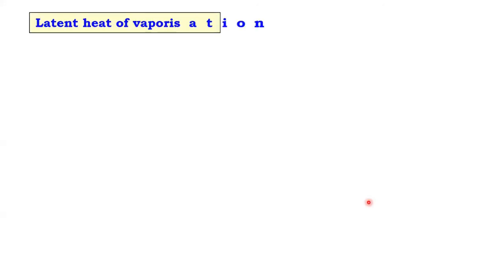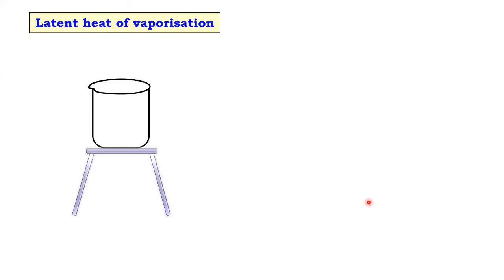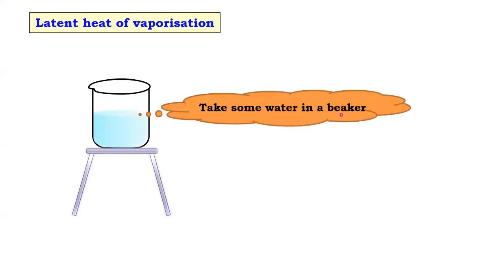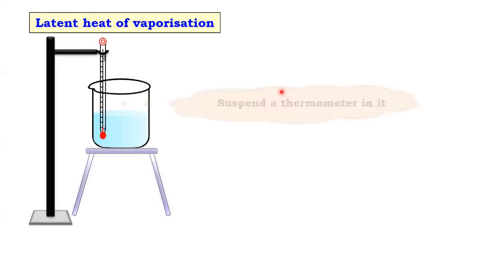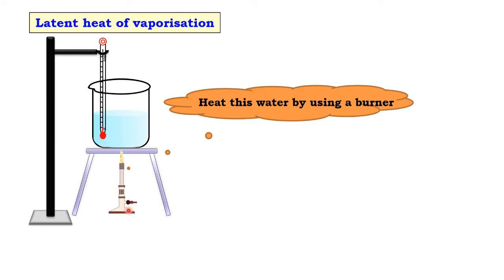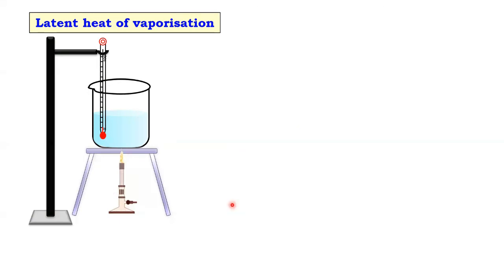आगे देखते हैं. Let's talk about latent heat of vaporization, and most probably that's also easy for you students to understand if you have understood latent heat of fusion properly. Okay, so let's take another example. We have water in liquid state in a beaker. We'll have some water in a beaker and we'll suspend a thermometer in it. And now we'll try to raise the temperature by heating it up. So latent heat energy of vaporization में क्या होता है?